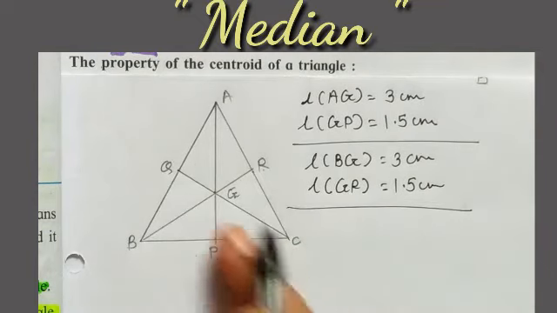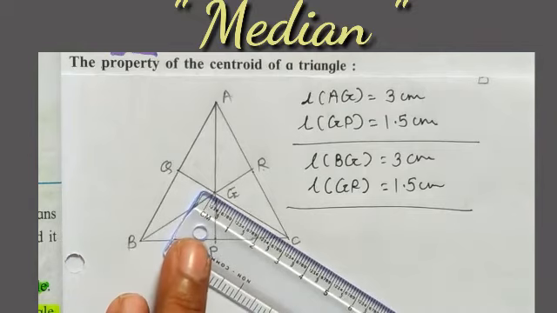If you observe the third median also, then the length of CG